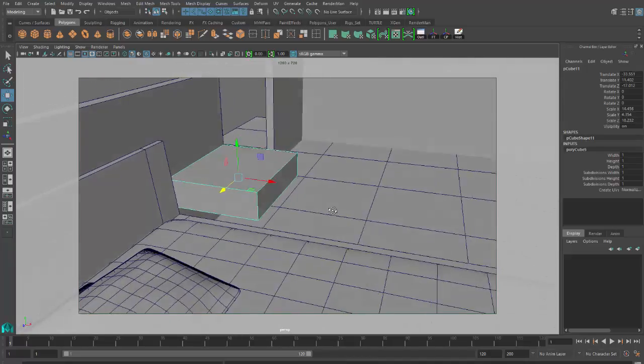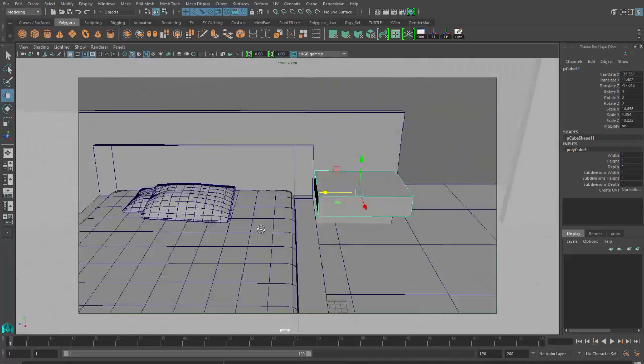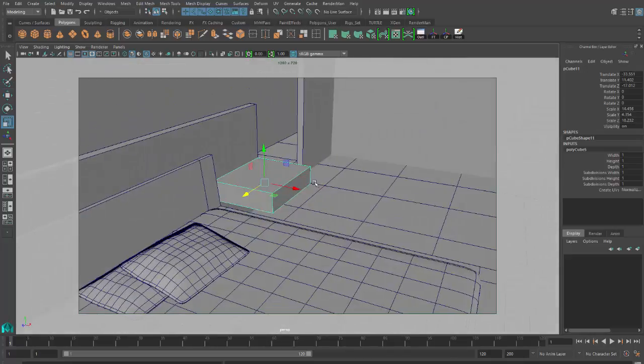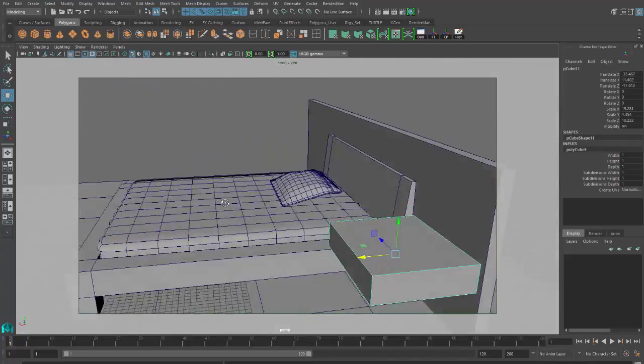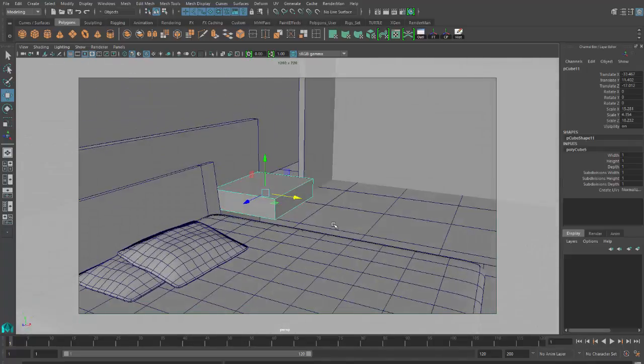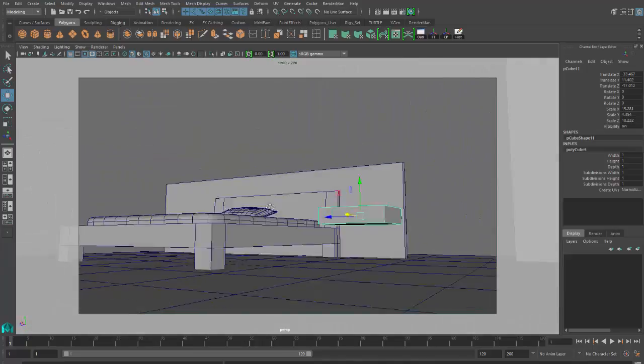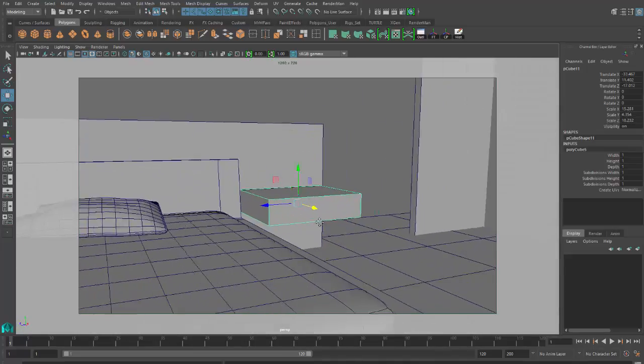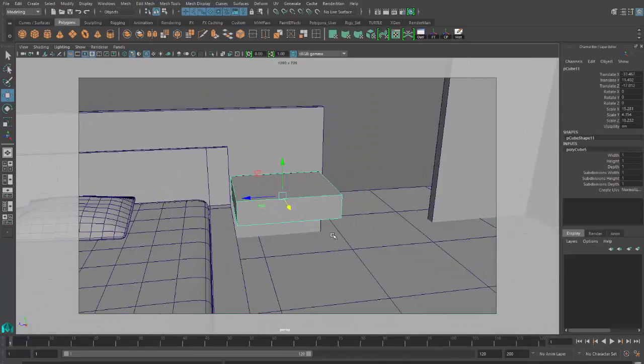If I'm happy with it, maybe just a little bit more here. Okay, so once you're happy with it, we're going to set up